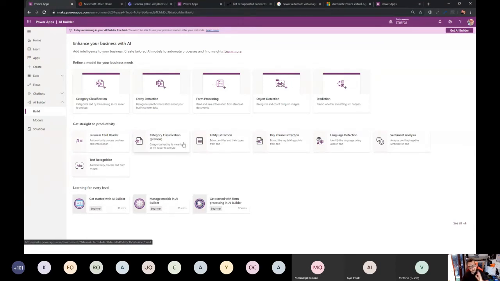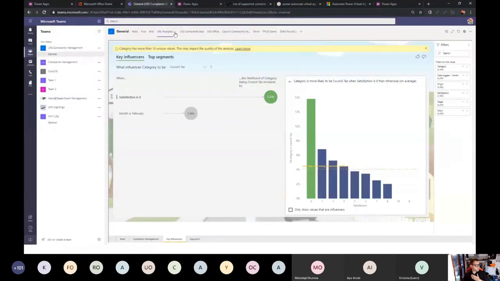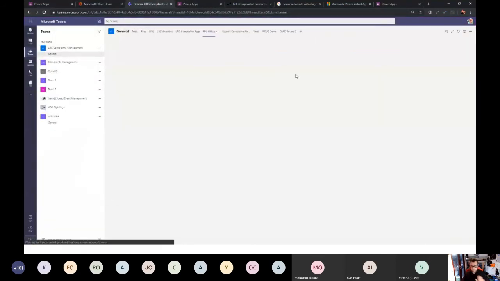So I used the category classification model to work out the category based on what you typed in. So when you put in your complaint, I used this model to figure out what to classify your complaint as. Okay, I used AI sentiment analysis over here to understand how angry or happy you were, and that helps me resolve the solution. So again, if I go back into my actual application, remember the mid-office,